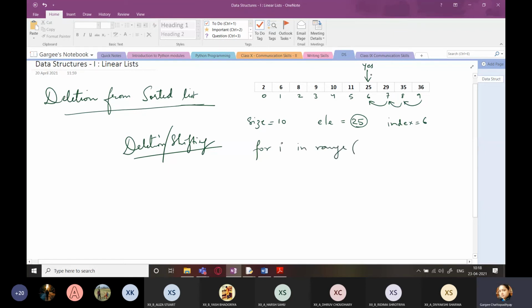Now I have to shift starting from this side, from left to right. So I will start from which position? Index. We started from index, index is 6. And it should be like this: arr[6] equals arr[7], arr[7] equals arr[8], arr[8] equals arr[9]. Right? That means, and not arr[9] equals arr[10]. That will give you an error, that is index out of range. So this point arr[8] equals arr[9]. This is the last iteration. Okay, this is the last step